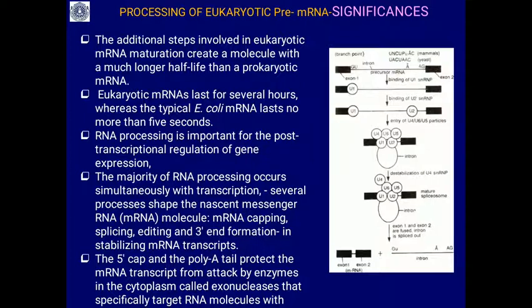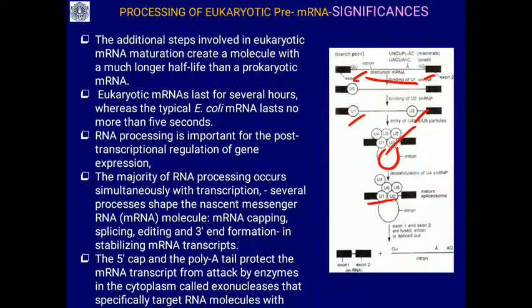Here also you can see the same thing: GU, AG, and this is the intron. You can see how exactly the small nuclear ribonucleoprotein complexes, U1 and U2, recognize and bind, and recruit other proteins, so the introns get looped out and exons get rejoined. This is the diagrammatic representation of the process.